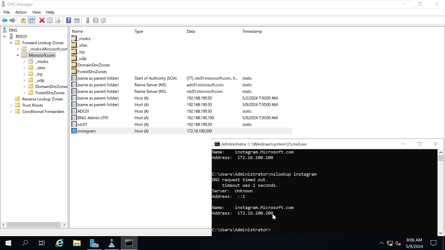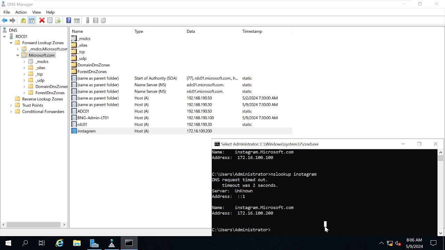Means every time you try to resolve a DNS entry, it will come to this DNS console and look for the entry called Instagram.com. Yes, there is an entry called Instagram.com, and what is the IP address? 100.200. It will just take from this console and give you back.